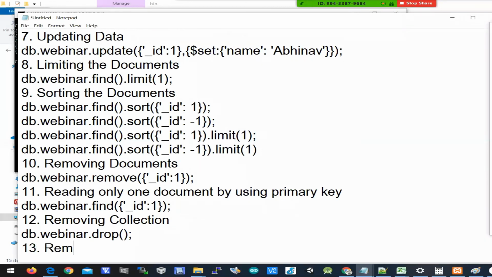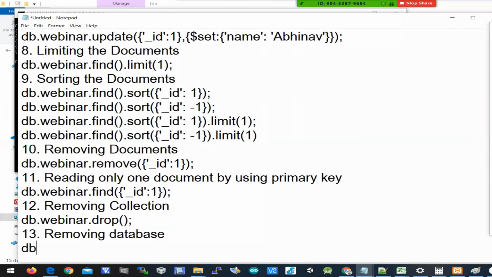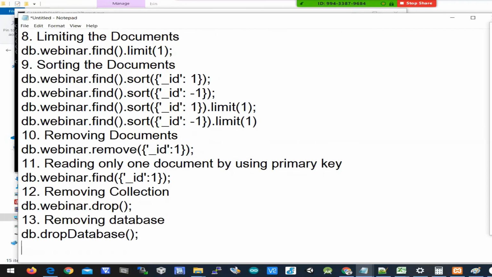13, removing database. To remove the database, db.dropDatabase(). Then this command will delete the database from the MongoDB server.